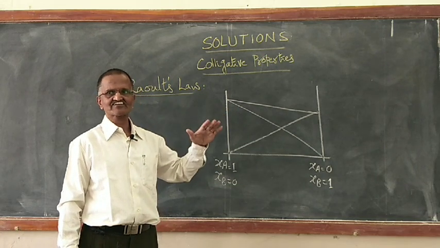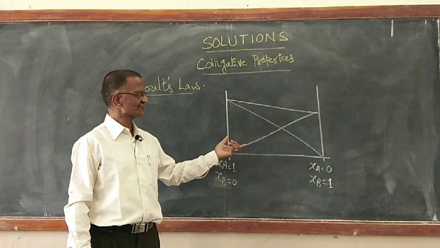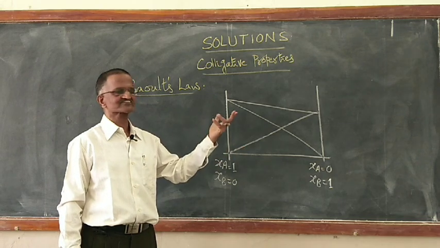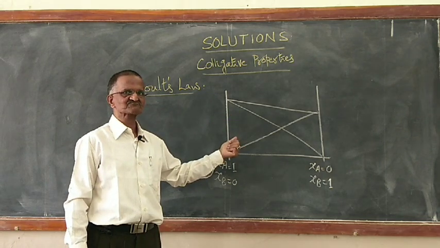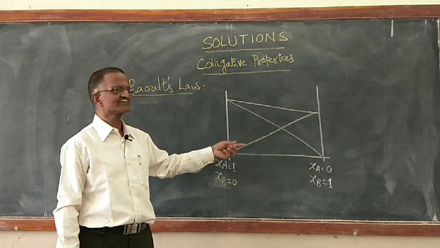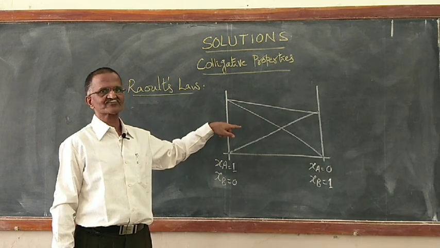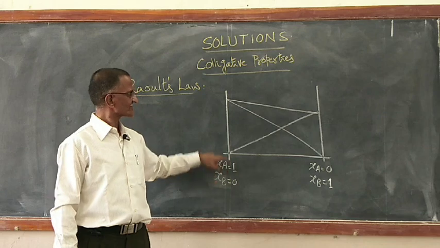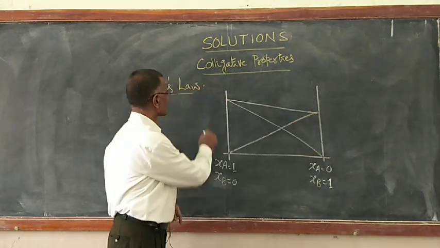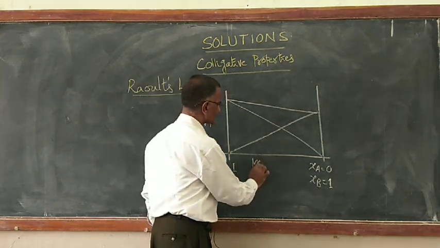Now, if you have remembered all that, I have a graph in front of me. This graph represents one of those two Raoult's laws. No doubt, all of you will recall that it is a graphical representation when both the solute and solvent are volatile. Why? Because A has its vapor pressure, B has its vapor pressure, on the y-axis we have vapor pressure, and on the x-axis we have mole fractions.